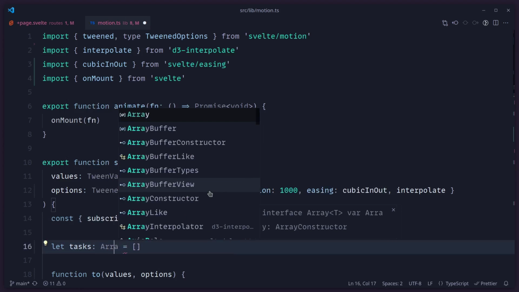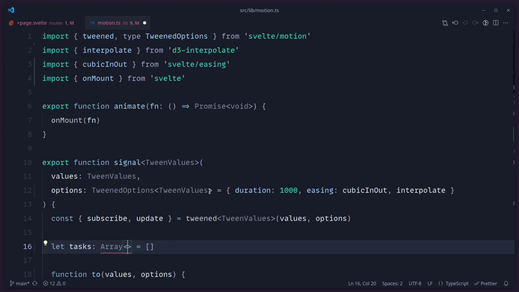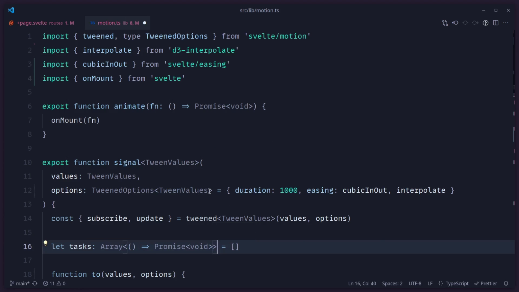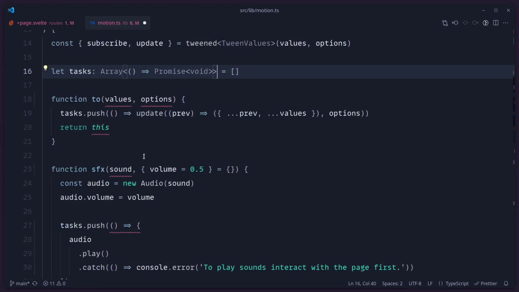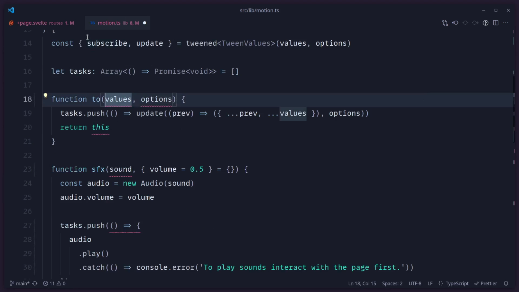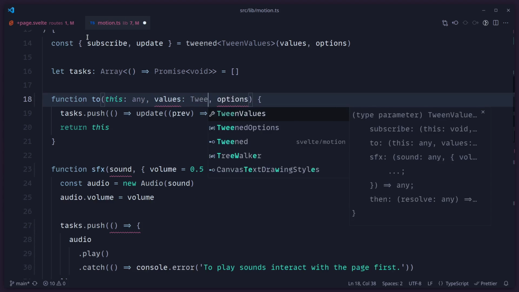For our text, this is a bit gnarlier to type. We can just say array. We can also pass in a generic. So this is an array of what? Of functions. And we can also say functions are promises that return nothing. Basically, that's how we can type it. So this is a bit more annoying, what I don't like about TypeScript. How do you type this keyword, this? Well, basically, we have to do this, which is kind of gross. Like, you don't do this in regular JavaScript, but it's whatever. I don't even want to type it. It's not important. Alright, so for the values, we want to pass it the tween values.